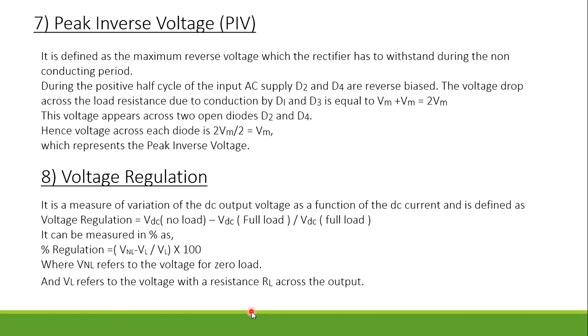So these are the eight factors or constants which we include in the circuit analysis of a full wave bridge rectifier. After the full wave bridge rectifier, the rectifier output is fed to the filter circuit in order to minimize the ripples or the pulsations of the circuit. So in the next lecture we will explain the filter working and the different types of filters that we can include in the circuit.